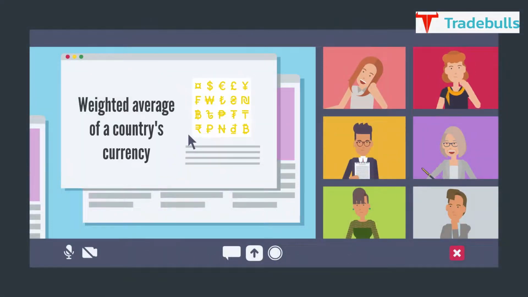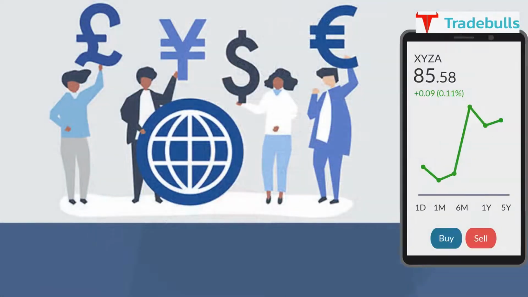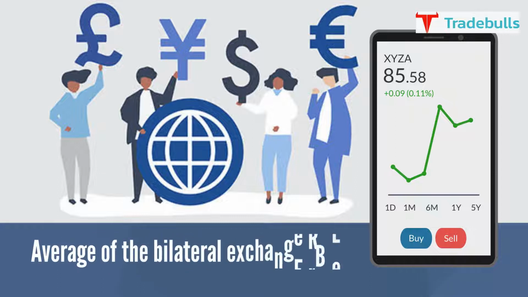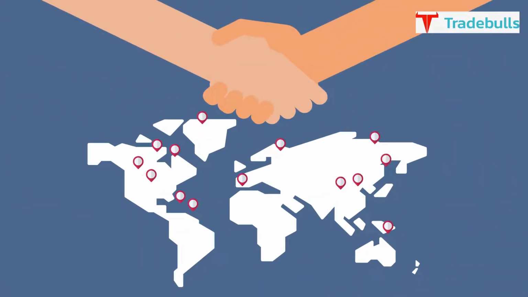in relation to an index or basket of other major currencies. How is REER calculated? The REER of a currency is calculated by finding out the average of the bilateral exchange rates between one country and its trading partners and then adjusting those to account for the trade share of each